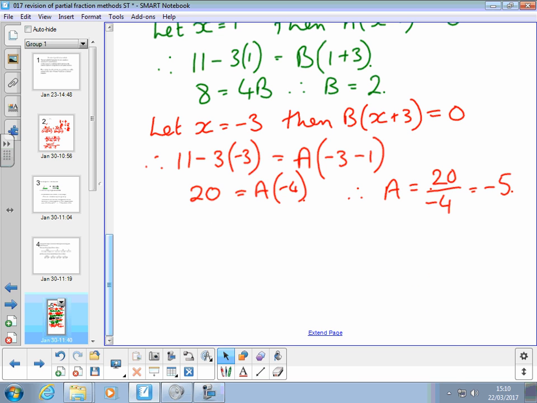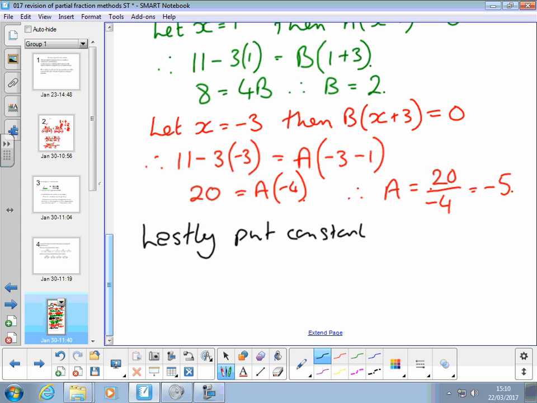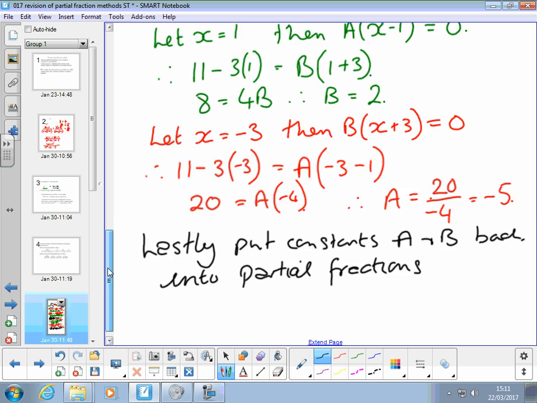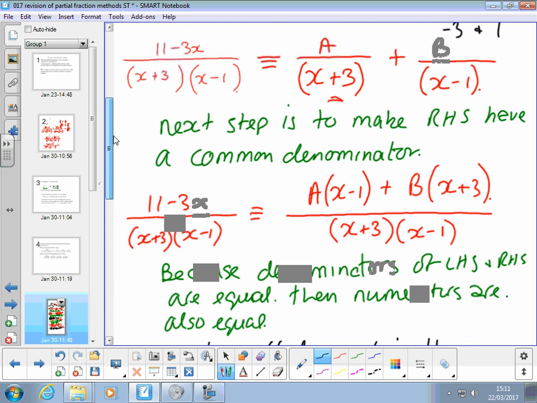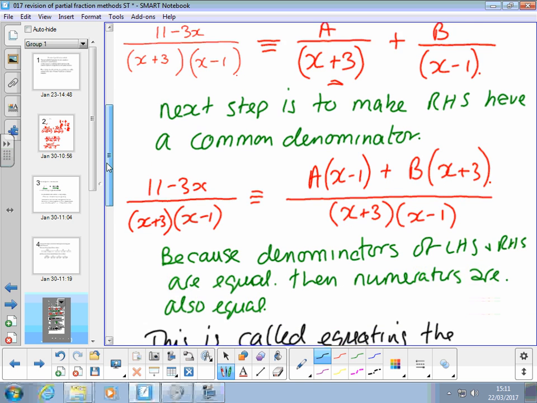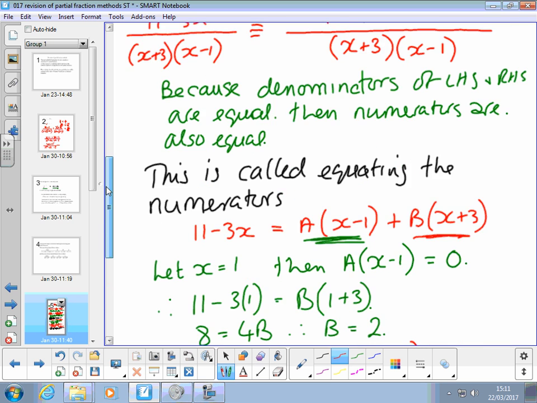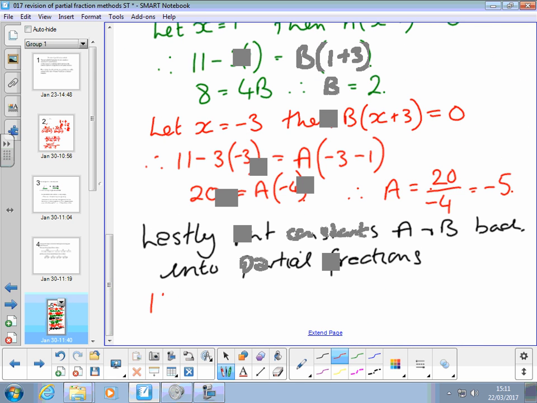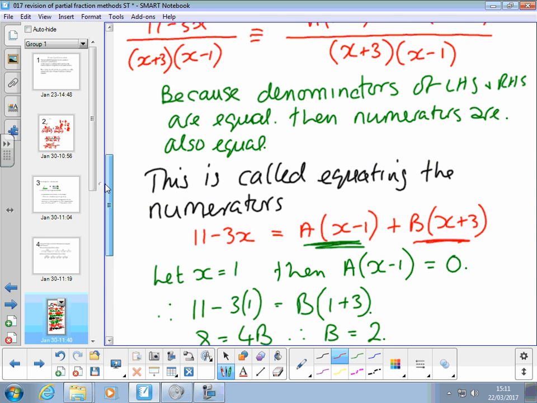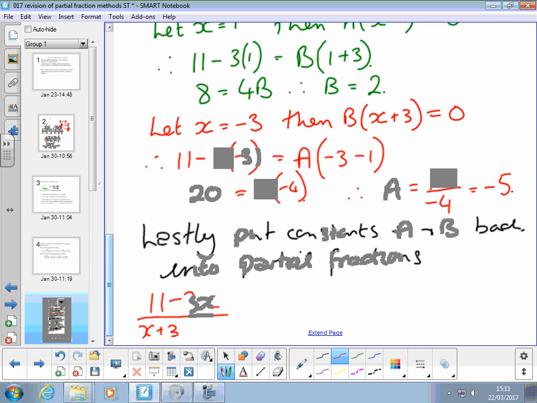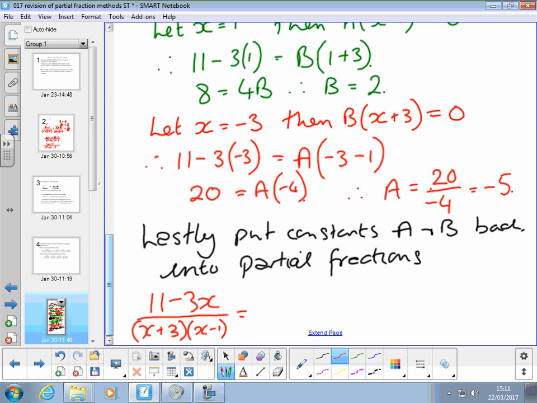Lastly, put constants A and B back into partial fractions. So our partial fractions were separately a over x plus 3, b over x minus 1. So we're saying now, 11 minus 3x over x plus 3, x minus 1 is equal to